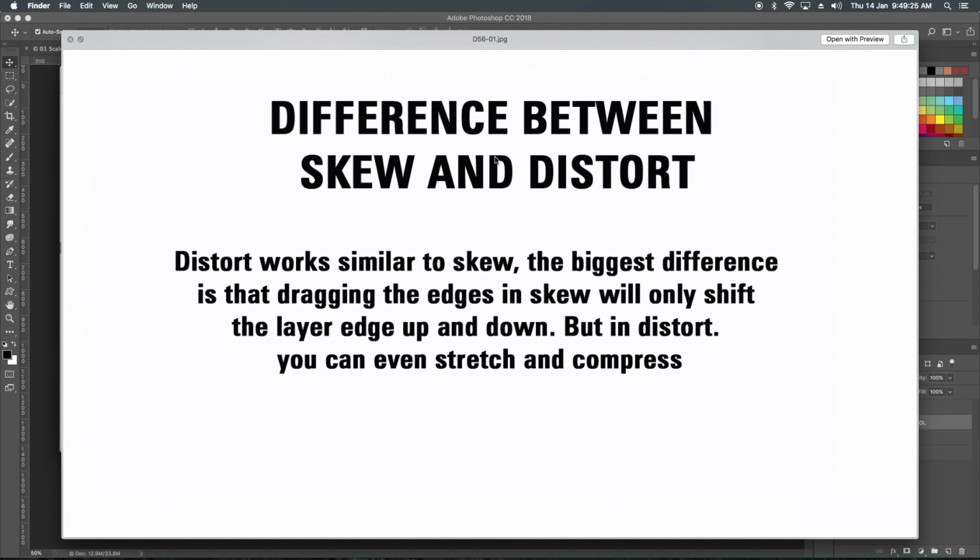Okay, changing the edges of the corner is skewing the edges, and changing or distorting the image, moving it far from the camera or near to the camera, is perspective. So both things are done with distort. Skewing plus perspective is with distort.